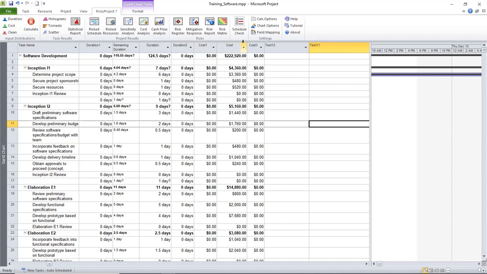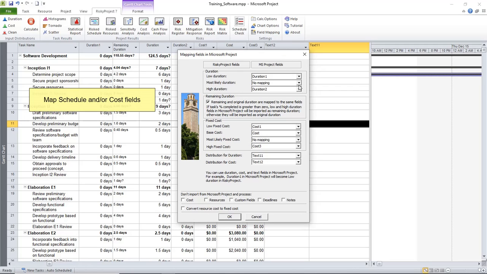To run a simulation, you first need to map the duration and/or cost data columns in Project to the corresponding data in RiskyProject. To map the data in Settings group, click Field Mapping. In the Field Mapping dialog, select the duration and/or cost fields that correspond with the low, most likely, and high estimates. By default, if you want to use the duration and cost fields for most likely, you can leave them